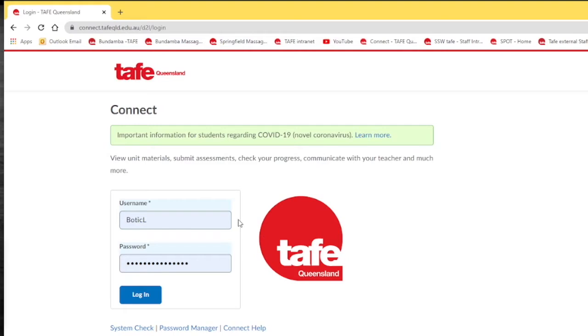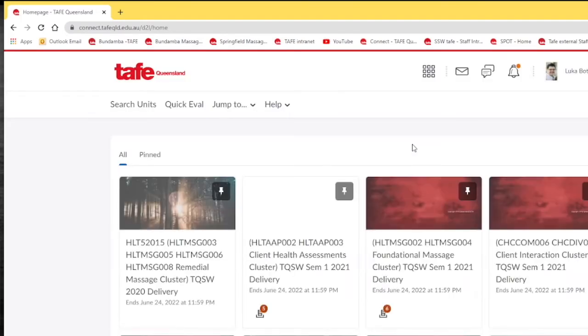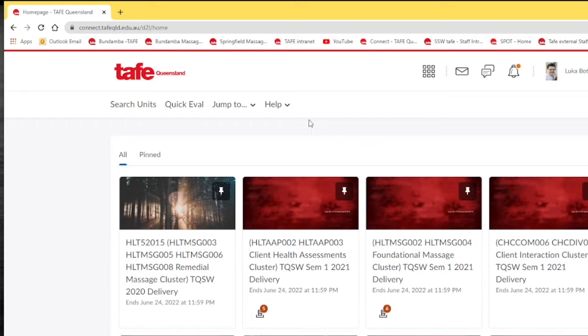Your username will most likely be a unique student number. Second to that, you'll find that your password will be issued to you. However, if you forget, you should be able to use the password manager to reinstate a new password. So click Login and you'll see the opening page. Here we go. Now I'm going to have a great deal more assessments visible in mine as I teach several